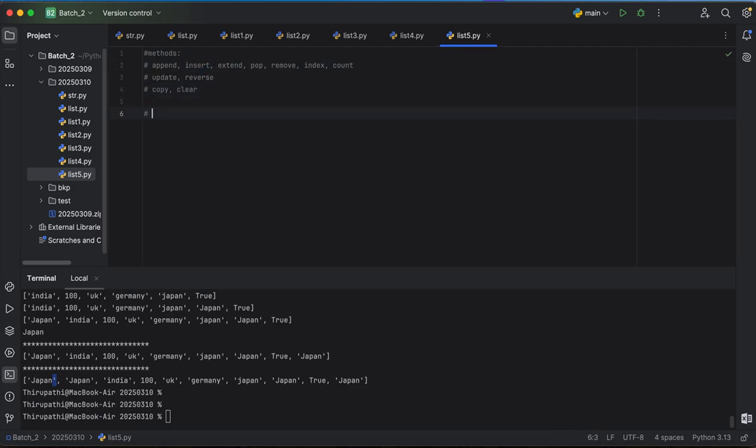Now we'll see extend. The extend method is used to add multiple elements from another iterable. Again here, iterable is a new word for you, right? So iterable meaning